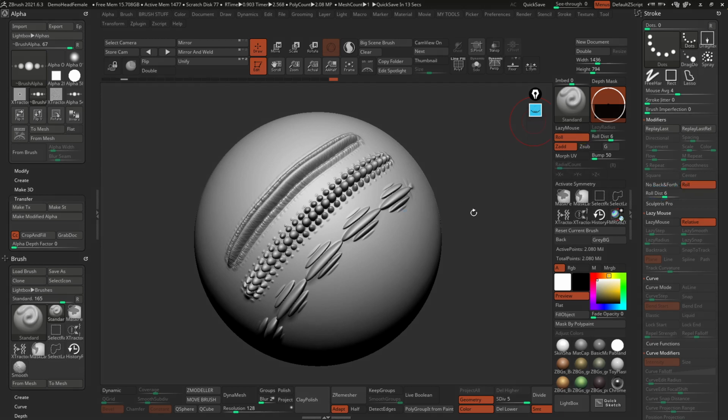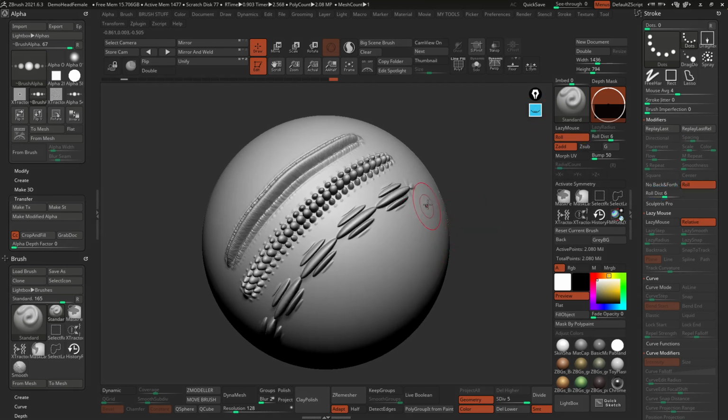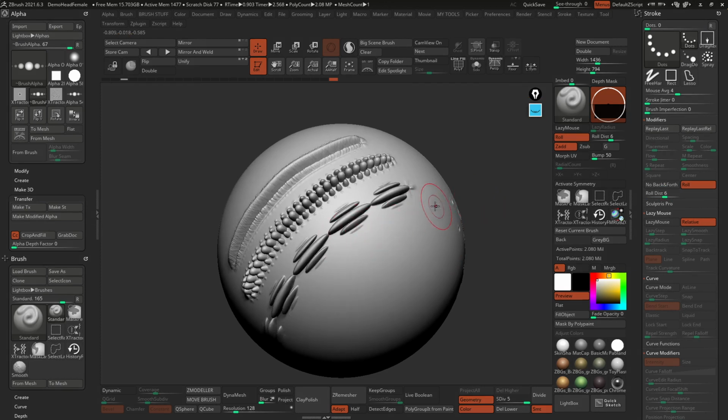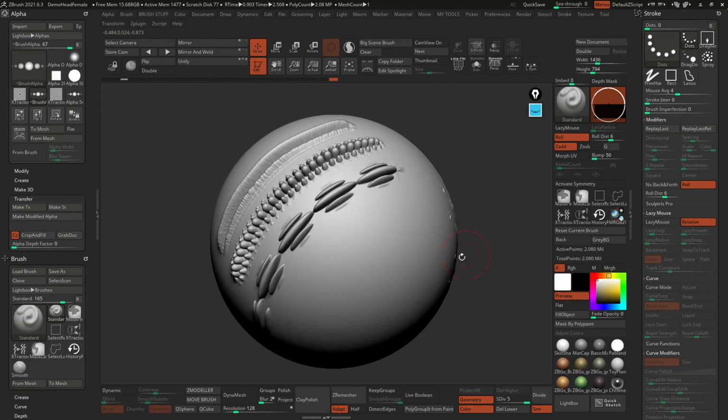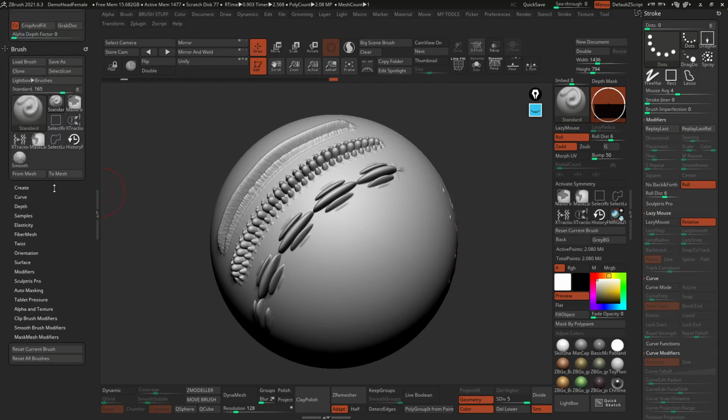All right, so those are the things that we're going to be doing. Now this doesn't look anything like a scar brush, and we were going to try to make it look like a scar brush, but you can use any alpha, by the way. I just want to show you that I found that this one works all right, so you can use the one that comes with ZBrush. So the next thing that I would show you is the orientation, and that is under the